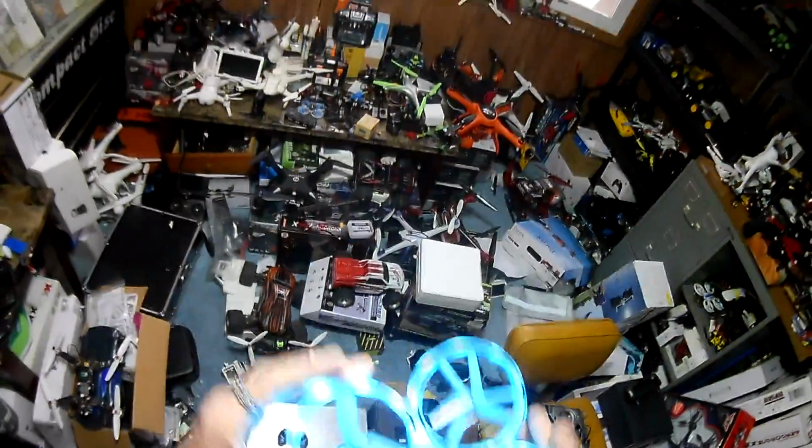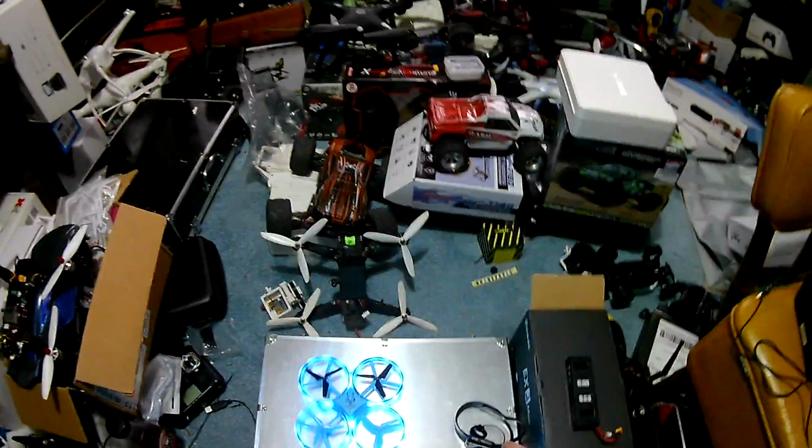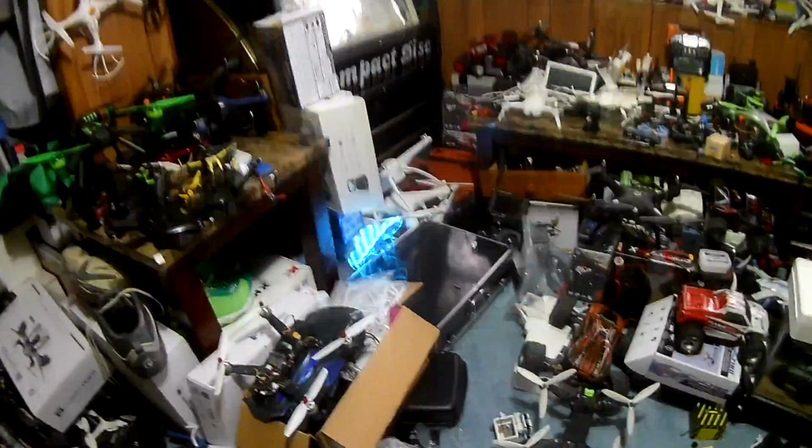So with these cage guards, these ducted fans, it makes it really ideal for beginners or just for flying inside. Again, I think we said blue is front. Oh, easy there, buddy. Alright, so we might have to calibrate the gyroscope, which I don't know how to do